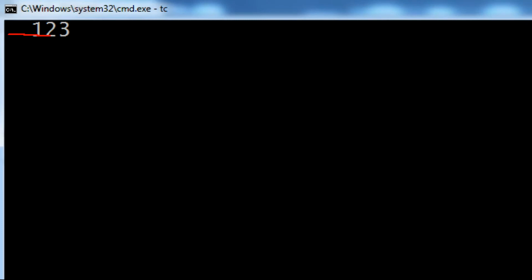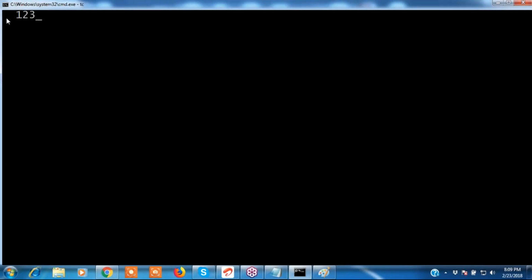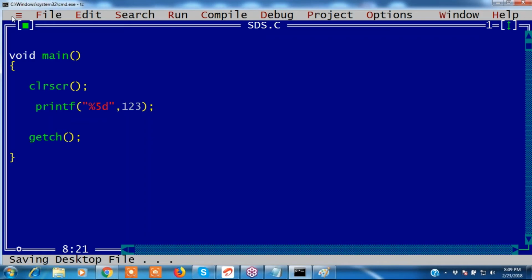Are you following? Here it is giving two spaces. We are printing a 5-digit number, but we are writing only three numbers. What about the first number and second number? There is no first number, there is no second number. Then what does it give? Spaces it gives. These are called leading spaces, it gives forward spaces. Are you following? Understood, right? 123.